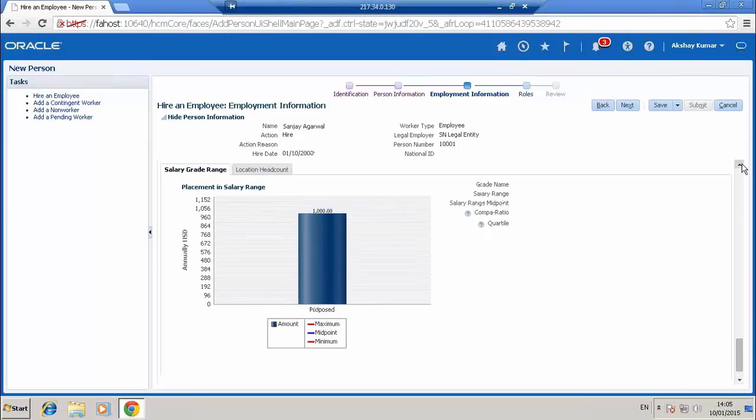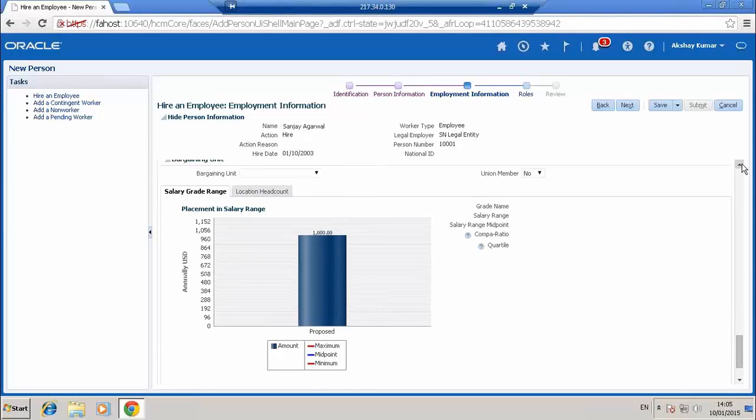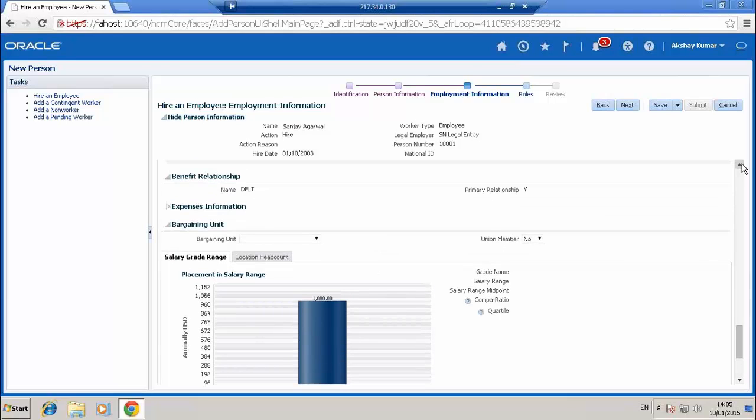Okay, why is the grade name showing up here? Grade range is seen. I didn't get you, come again. On the screen, on the right side of the graph, there is a grade name. Yeah, because that is what I mean. I didn't create a grade. That is the problem. I have to attach the grade to the grade rate, but I don't think I have created any grade.